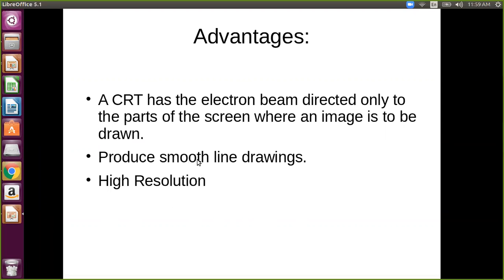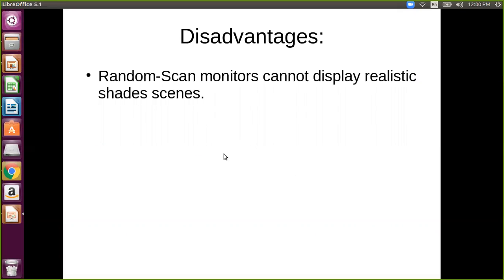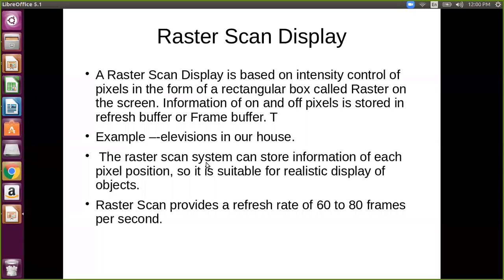So the electron beam is directed only to the calculated portion or the required object, and the remaining portion of the display is not touched. So a random scan monitor cannot display a realistic scene, because only the selected portion is displayed, so it is somewhat artificial.